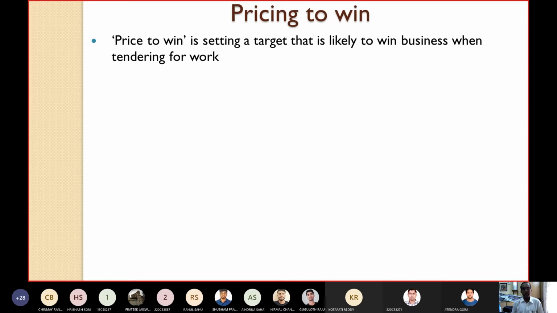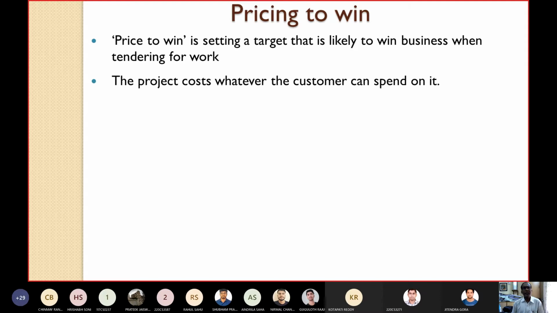Price to win is setting a target which is likely to win the business when you are participating in tendering. Here the project cost is whatever the customer can spend on it, whatever the client can spend on it. This is the simplest method of estimation.